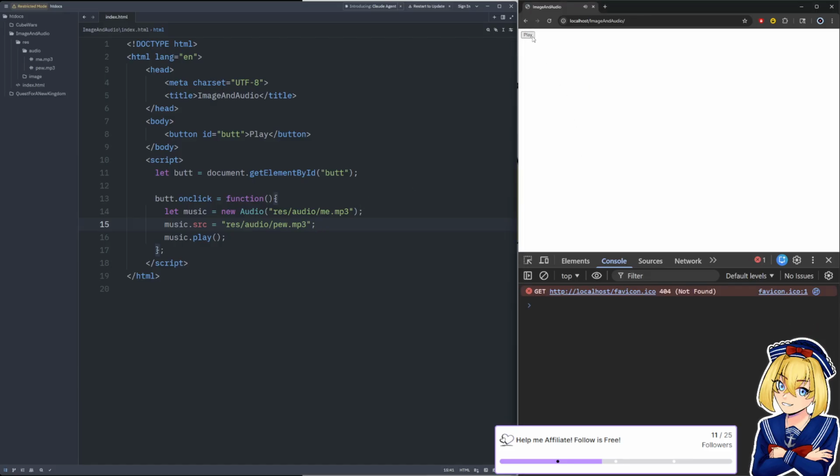You'll notice it's still saying pew instead of doing the Gregorian chant thing, because we're changing the source of the audio before we play it. So there you go. That is, for the most part, what you need to know about audio.